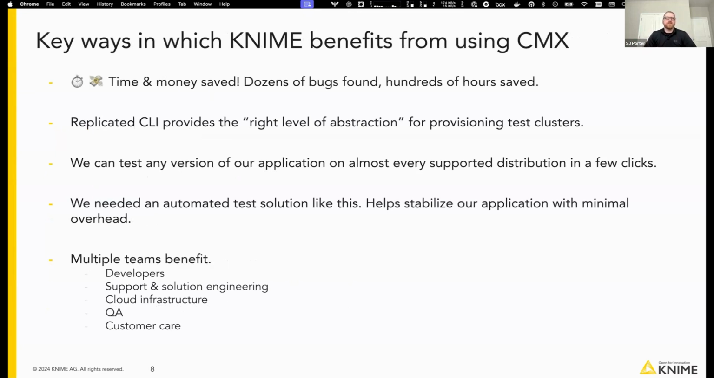So some big things that we've gotten out of using it: time and money saved. I would say we've easily caught dozens of bugs by now using these test clusters. I don't have an exact count, unfortunately, but I've personally seen dozens get caught. And a ridiculous amount of time saved if you think about how a lot of our internal users were provisioning